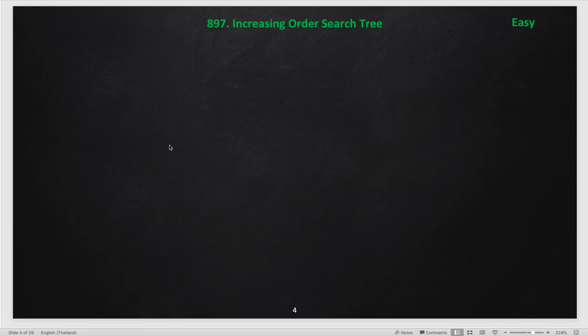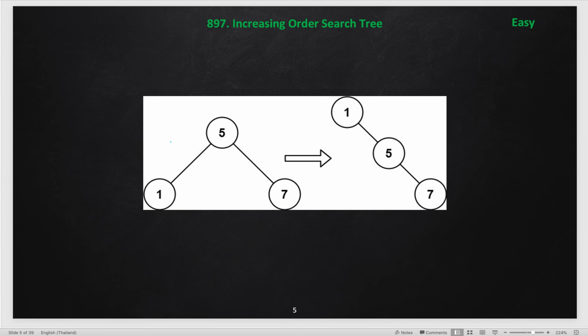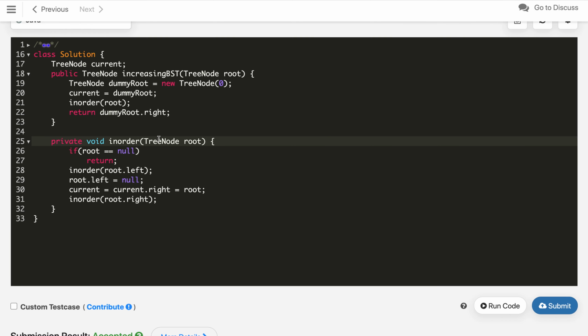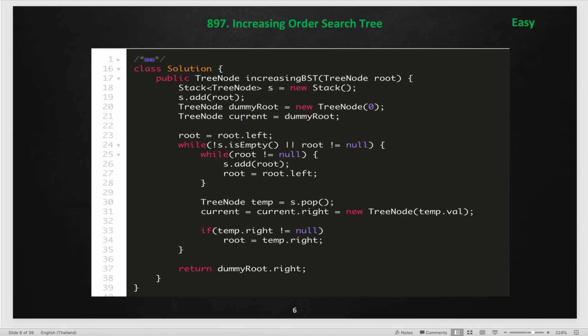We can also solve this problem using the iterative approach. So you can give it a try, pause the video, and try to solve this iterative approach. What we will do, instead of calling the recursive step, we will do it in the same method with the help of an actual stack. We will use the stack and then change these steps. So try it out first. Here is the code I already created. You can take the reference.